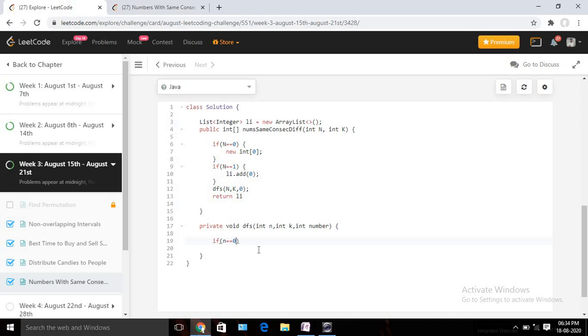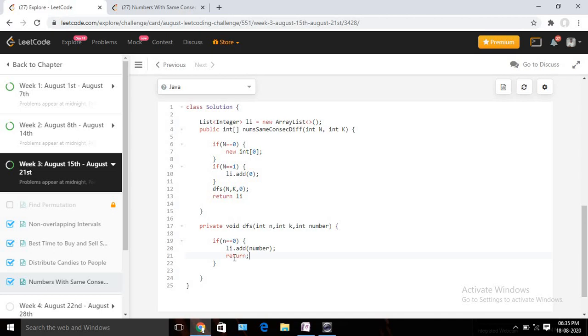We will start DFS for 3, find one digit, then move back and try to find a second digit, then the third digit, and whenever I have found all the 3 digits, my n will become 0. So if my n is 0, then we can add the number to our final list, li.add(number), and since it's a void method, we can stop execution.